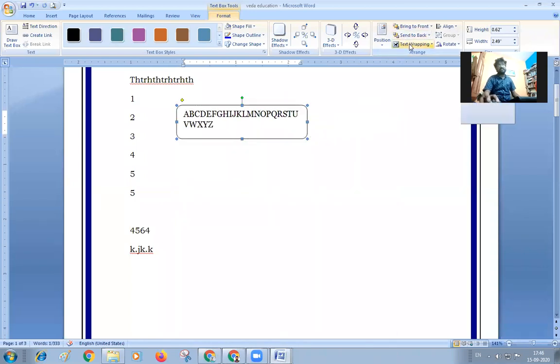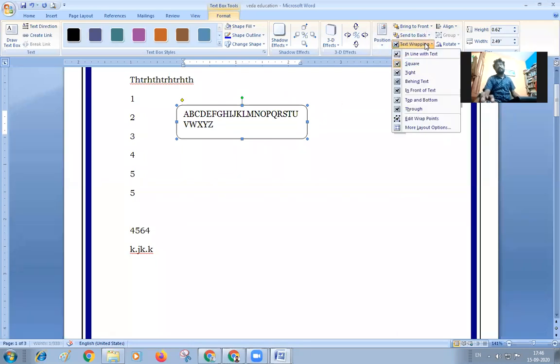And in the text wrapping, you can see this. The text wrapping is already inbuilt over here in the same manner. If the text is going behind the line, then you can use this text wrapping in order to go for the wrapping point, so that it ends from this point to this point. So this is the text from this point to this point itself, and you can go for this text wrapping.